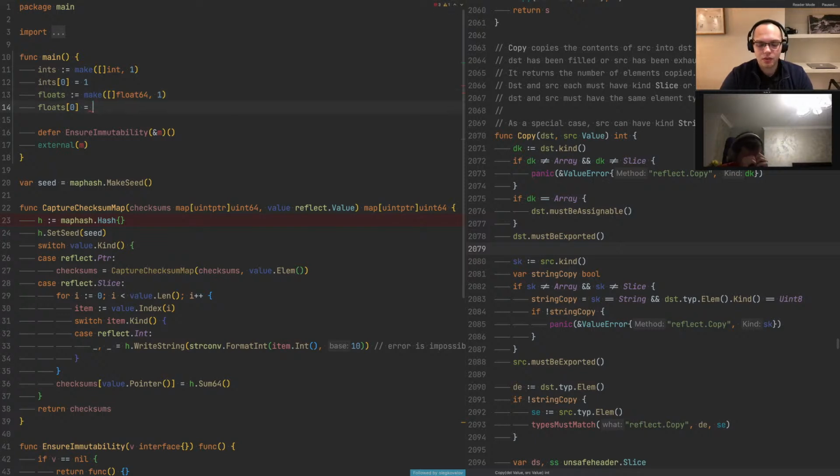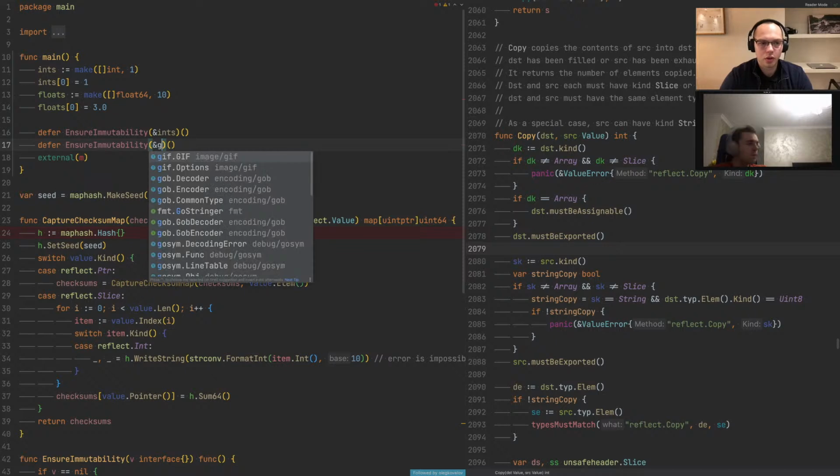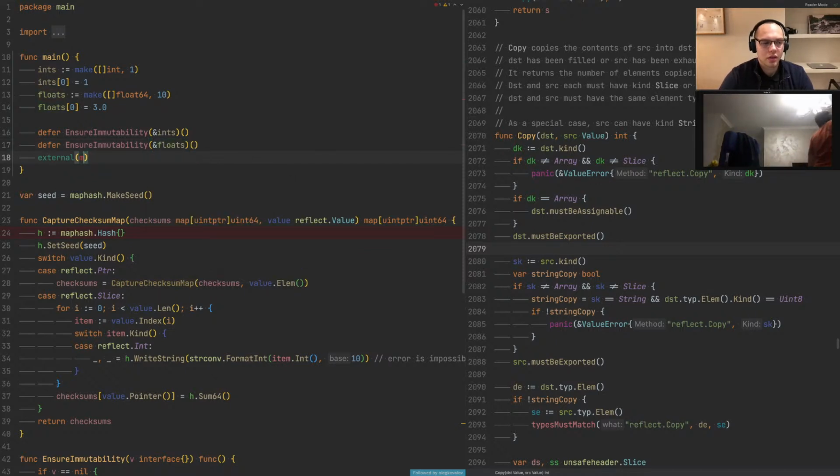And we can set a float. Let's use some other value. We can make it even bigger potentially, like 10 elements. And let's ensure immutability of ints. Then ensure immutability of floats. And then what we're going to do here,